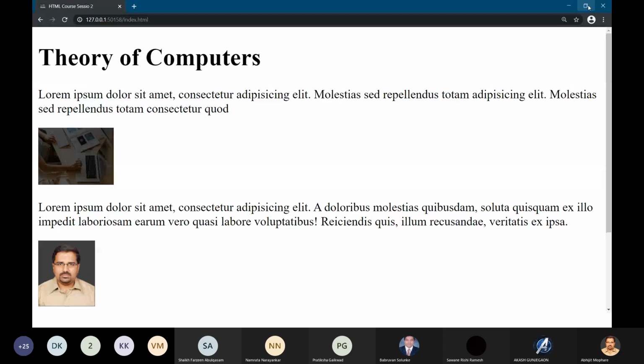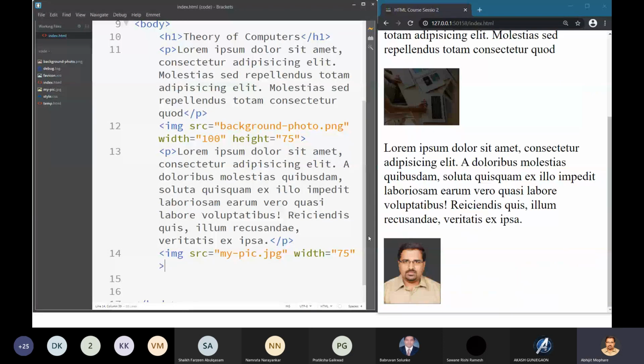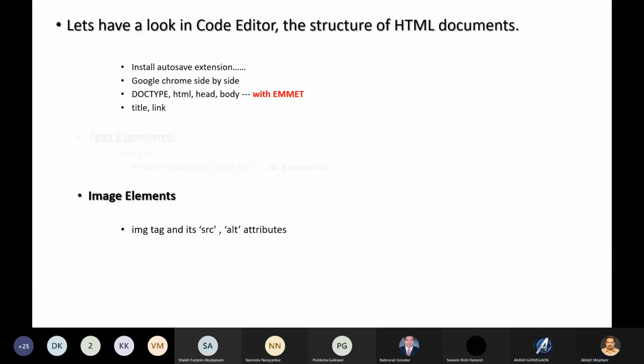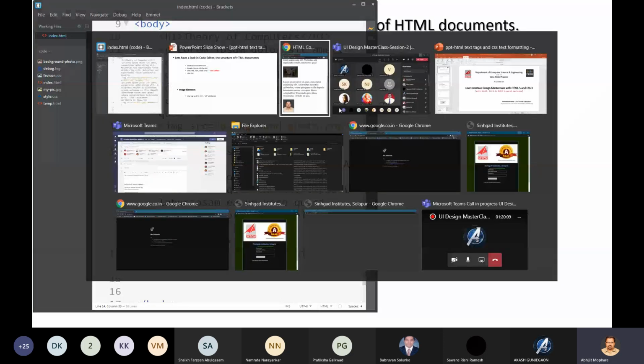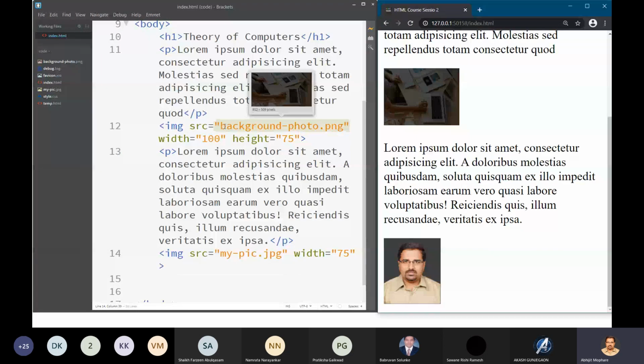One more thing, the alt attribute, we have forgotten. Many times the image that is displayed on the web page is not available on the client's computer. Here I am the developer of this page, and this image is available on my computer, and I am putting it directly over here. But when you are designing real web pages which you will put on the server, most of the time these images are stored inside the server, or they belong to another website or another location. In that case, you normally put the URL as the source.